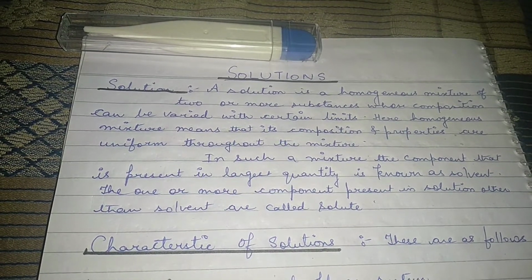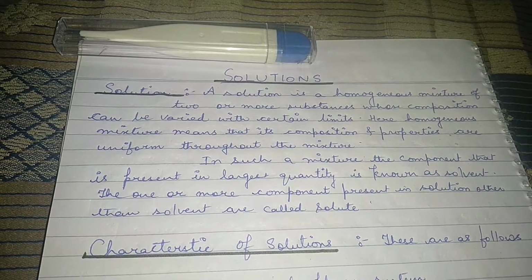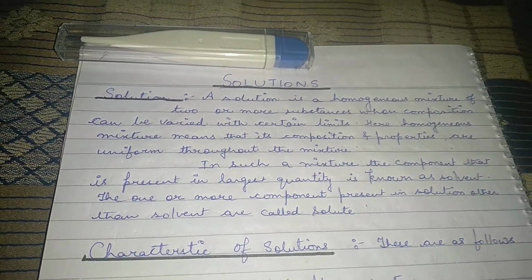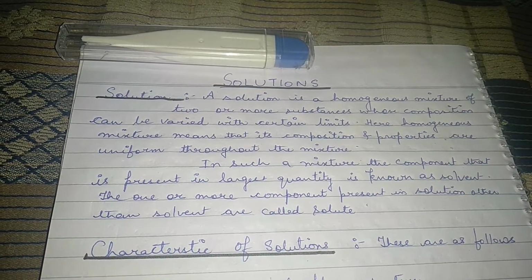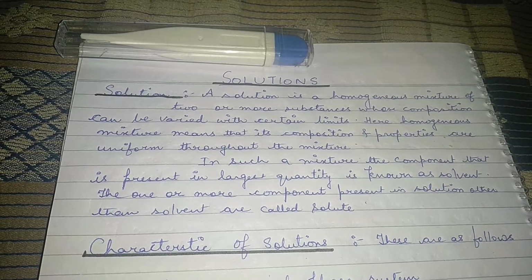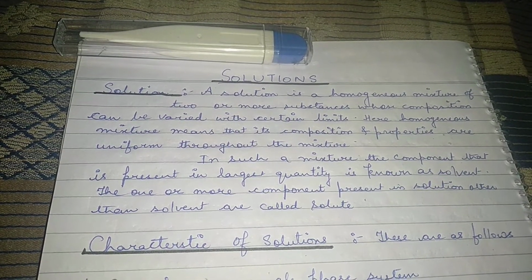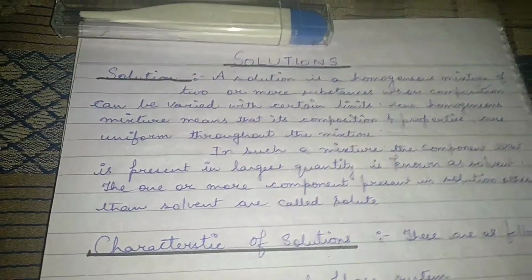And when we put sand in the water, so what happens? Sand gets settled down at the bottom. So that kind of solution is known as heterogeneous solution. And there are some basic terms, as I said in the beginning, solute, solvent. So solute is what gets added into the solution, solvent is the liquid part. Okay, so let's see what is written. Let's start with the topic, that what is solution.